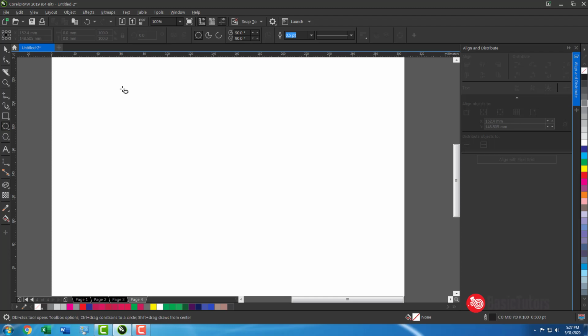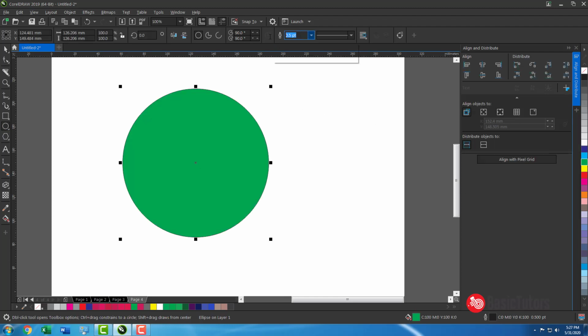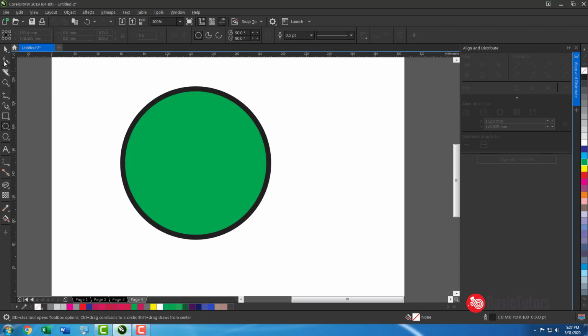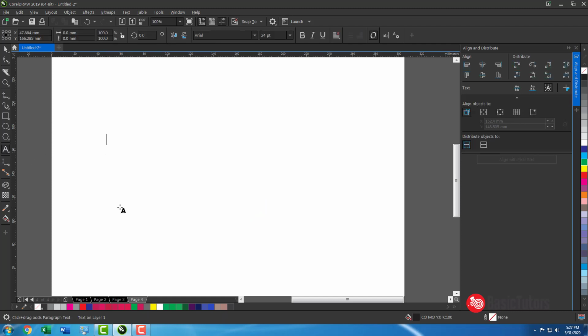Already I mentioned one thing called convert outline to object. We can test this outline with some text, then it will be interesting.